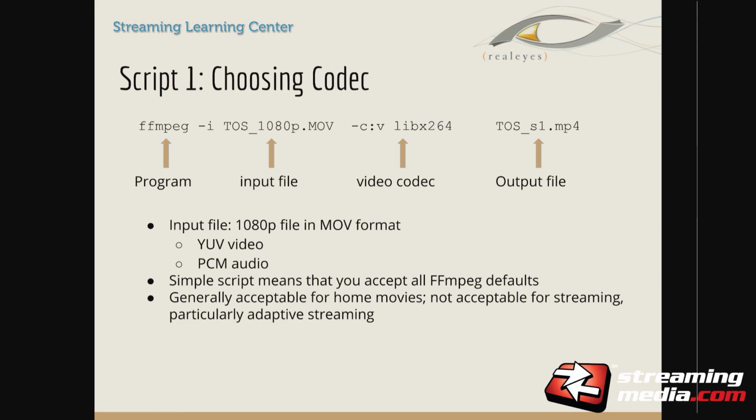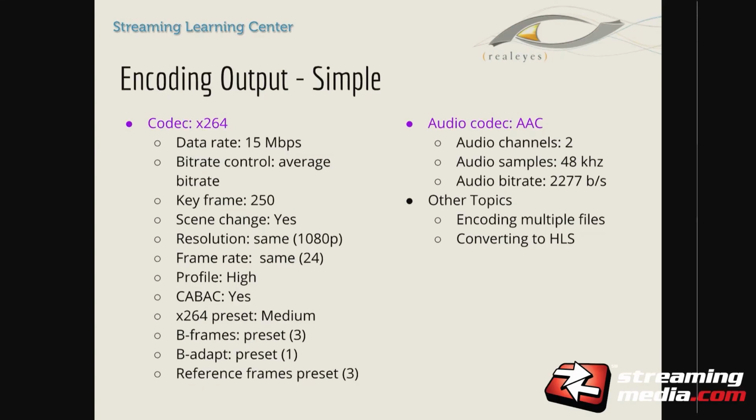So this input file is a 1080p file in MOV format. When you do a script like this in FFmpeg, this means that you accept all the FFmpeg-based defaults. So this works well if you're doing home movies, but this is what we end up with from a file perspective. We get a data rate of 15 megabits per second. Why? Because we didn't specify the data rate in this command string. We get a keyframe interval of 250. That's not acceptable for adaptive bitrate streaming. You get scene change detection. So there are keyframes and scene changes. Again, that may or may not be acceptable for